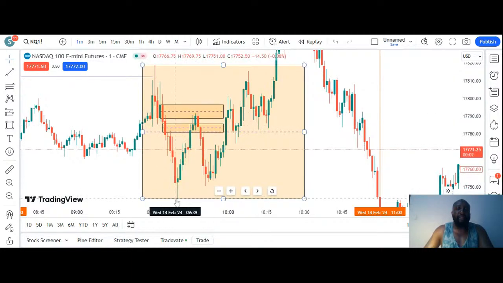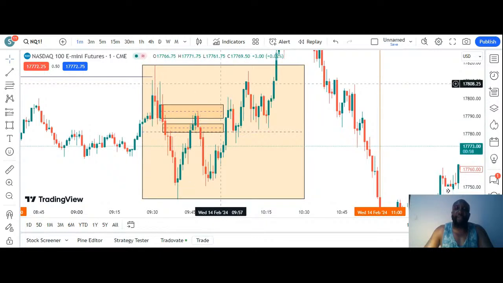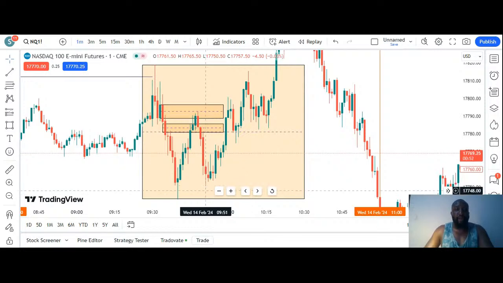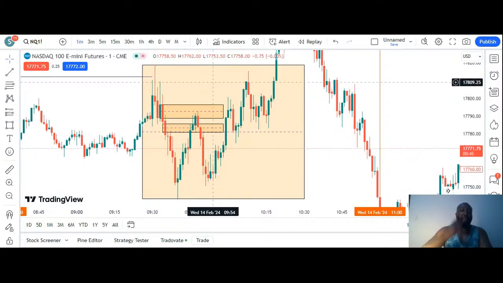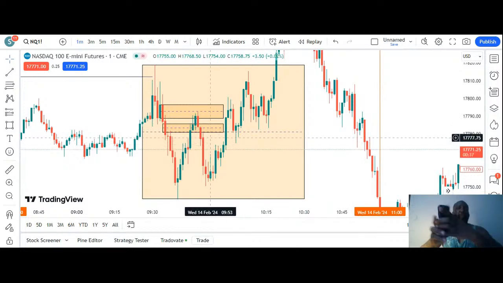But you see that today we didn't have much volatility because we didn't have fundamentals. Although the price went down a bit, it got very close to your TP, but it didn't reach it. But if you're one person who says, okay, me, I don't want to risk too much, what you can basically do is, the moment the price starts moving, let's say the moment the price is like 30% of your way,